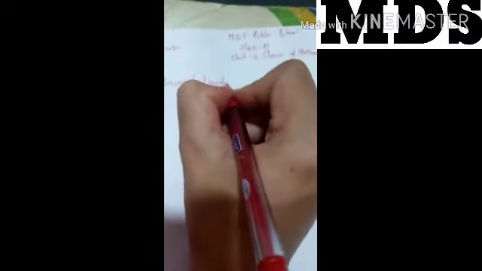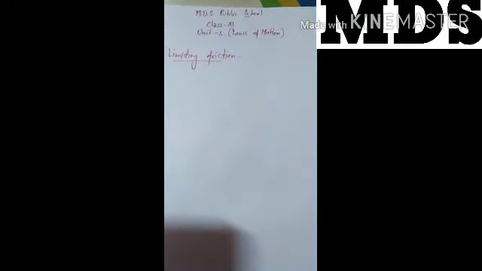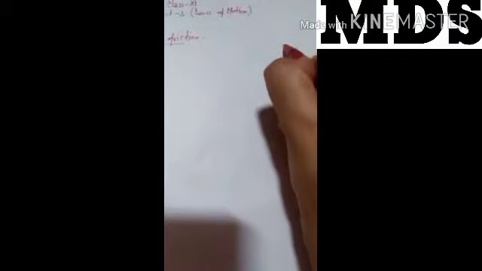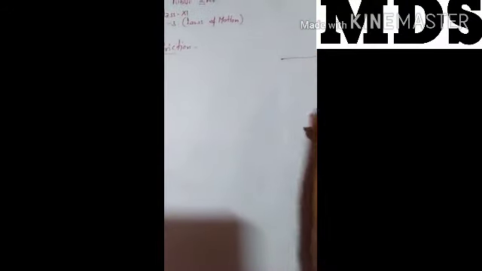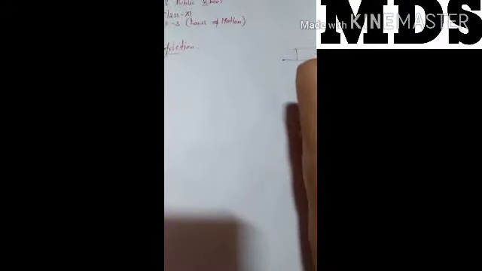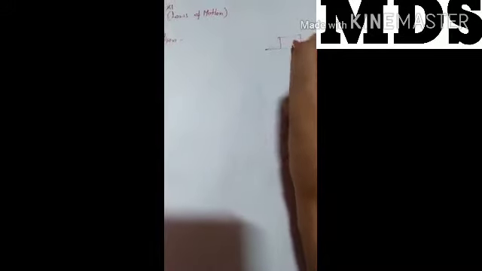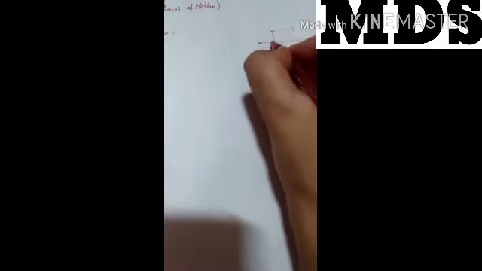Laws of limiting friction. If we take any object on any surface, how will friction act? Let this be the surface, and on the surface this object is here. What forces will act? If we take limiting friction on a rough surface, then friction will act. How will the forces act?